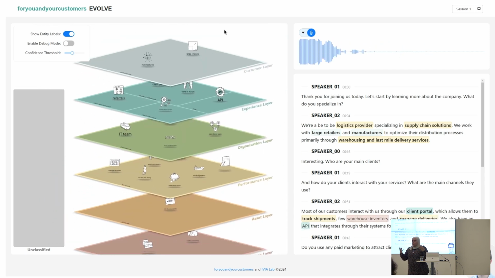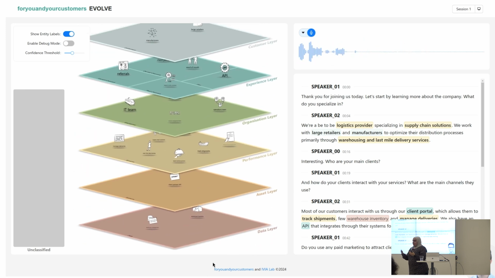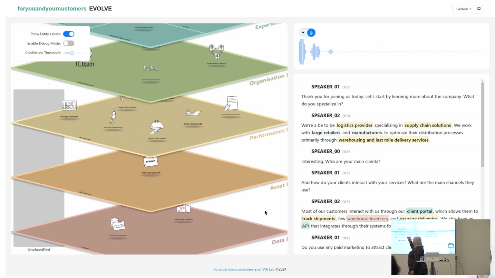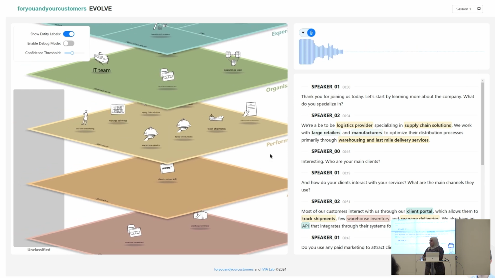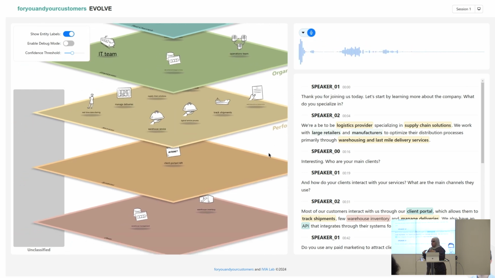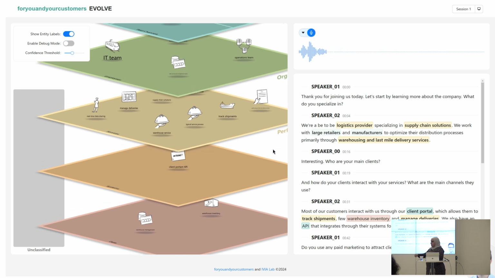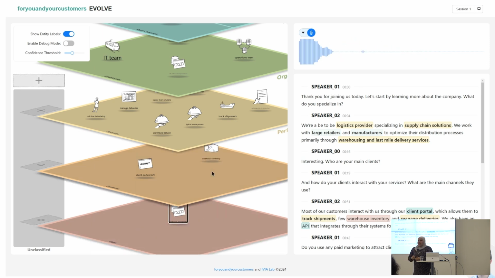your own applications, your own domains. You probably also have interactions with different people that need to externalize their domain knowledge. And this dialogue augmentation interface allows you to do exactly that by extracting the knowledge while it's being spoken and positioning it in the right context. All right. So this is how we do human AI adaptation.